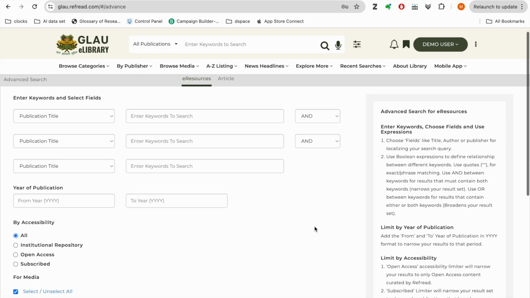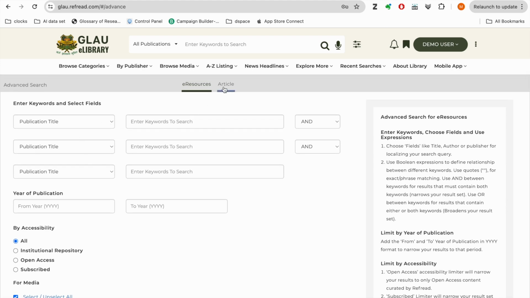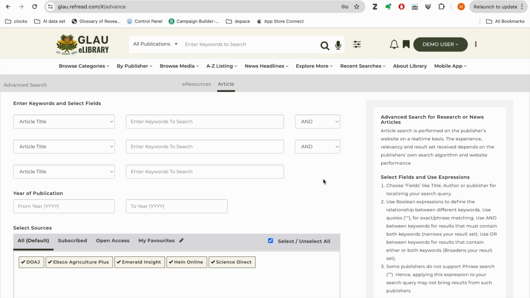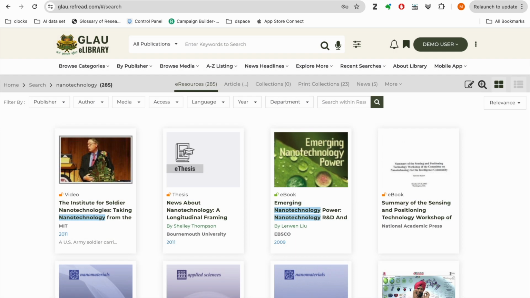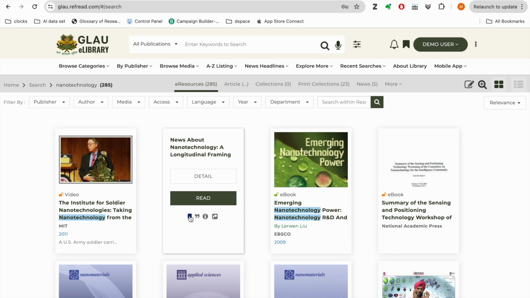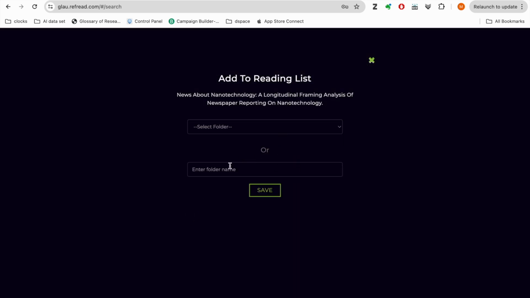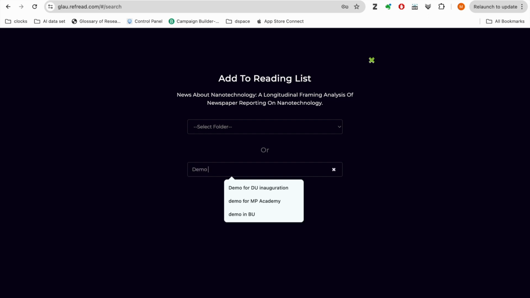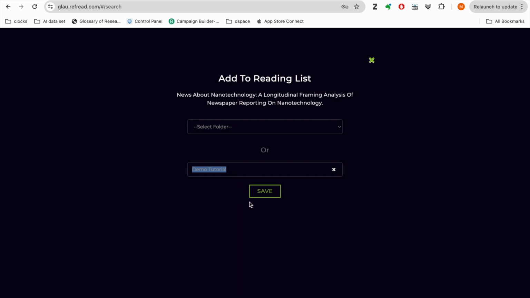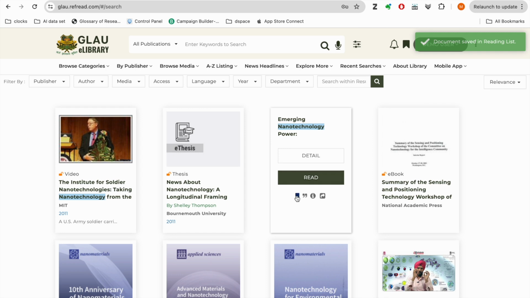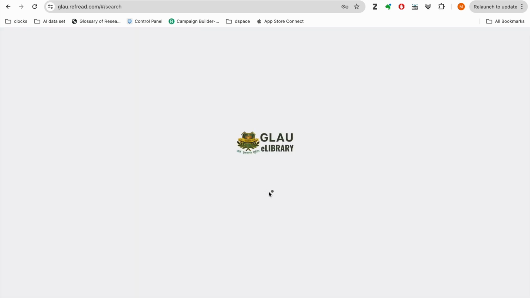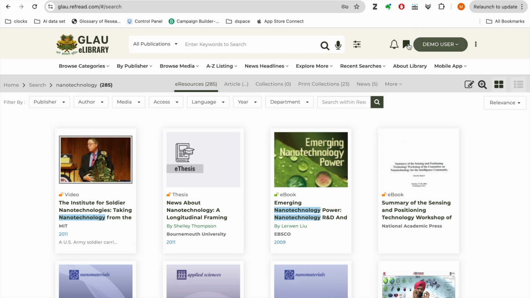You have the option to perform more complex search queries using the advanced search form available here for catalog or meta search for research articles. Every search result includes options for users to personalize their reading experience. For example, you can save a resource for future reference using this Add to Reading List button. Create as many folders as you want and tag as many resources to those folders as you need. You will find all your folders and saved documents in your reading list here.